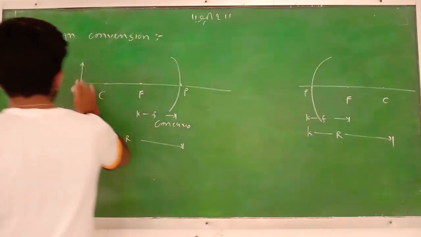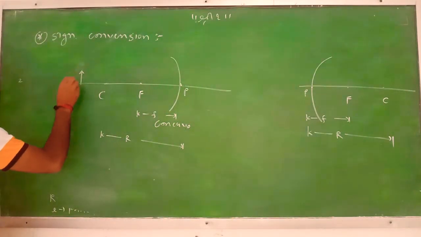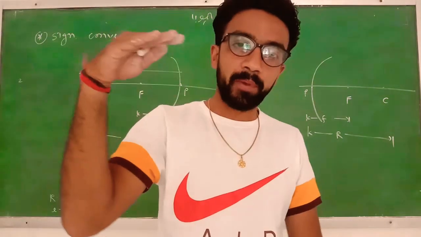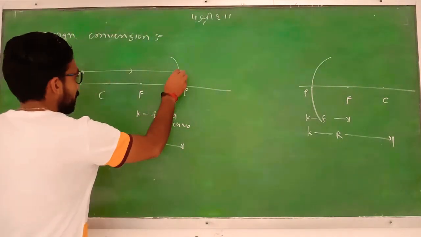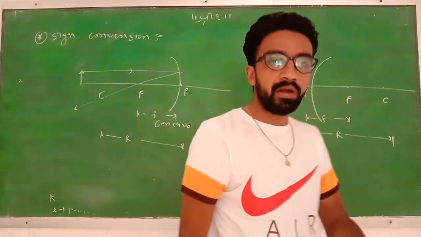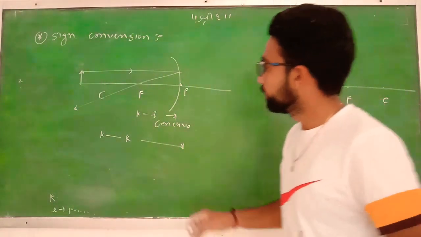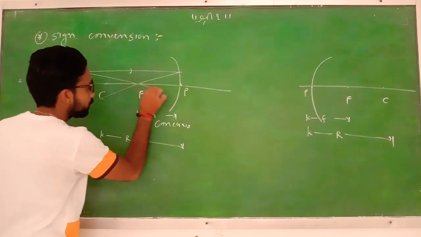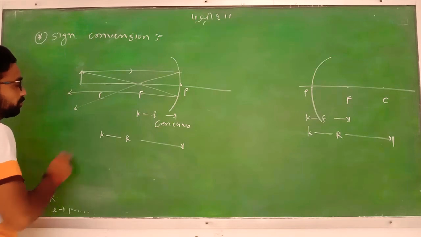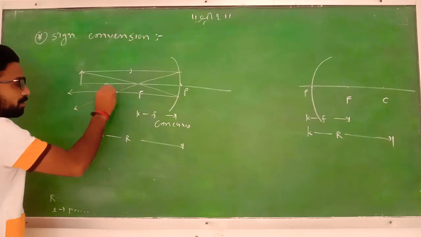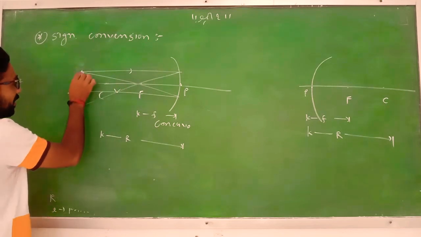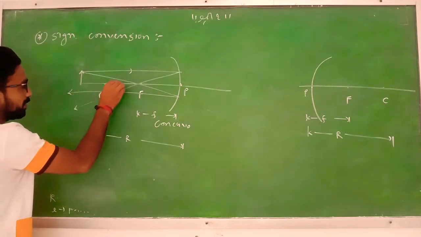So now consider two rays coming from this object. One is parallel to the principal axis. We have discussed that if a ray is parallel, after reflection it passes through the principal focus. Consider one more ray that passes through the principal focus; after reflection, the ray becomes parallel. Both reflected rays meet here, and this is the image of the head of the object. Similarly, for a ray coming from this portion, you get the image here.